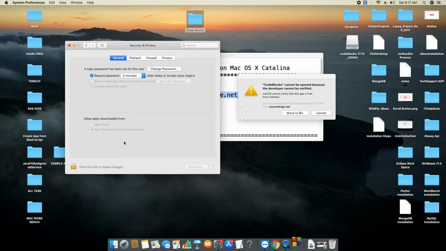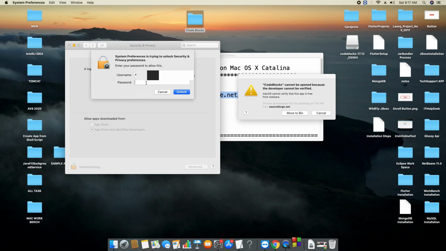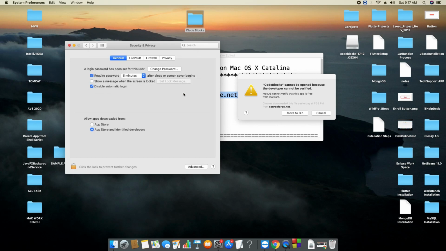Now we have to unlock to enter inside. This will ask you for the admin password. Please provide the admin password in this box and click unlock. Okay, now on the right hand side we will click on the cancel button on this pop-up.